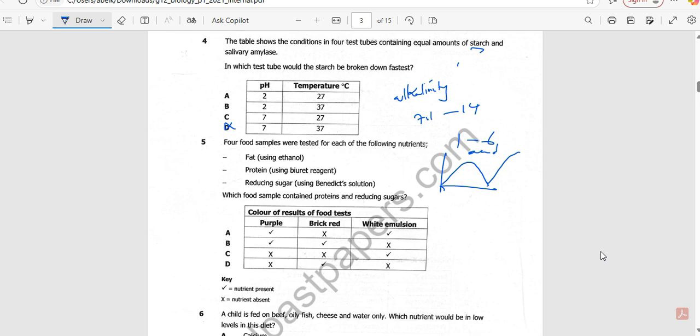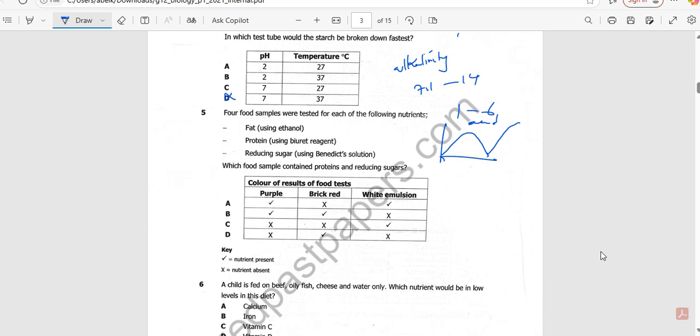4 food samples were tested for each of the following nutrients: fat with ethanol, protein with biuret reagent, then reducing sugar with Benedict's solution. So which food sample contained proteins and reducing sugar? Proteins change to purple or violet, while reducing sugar changes from